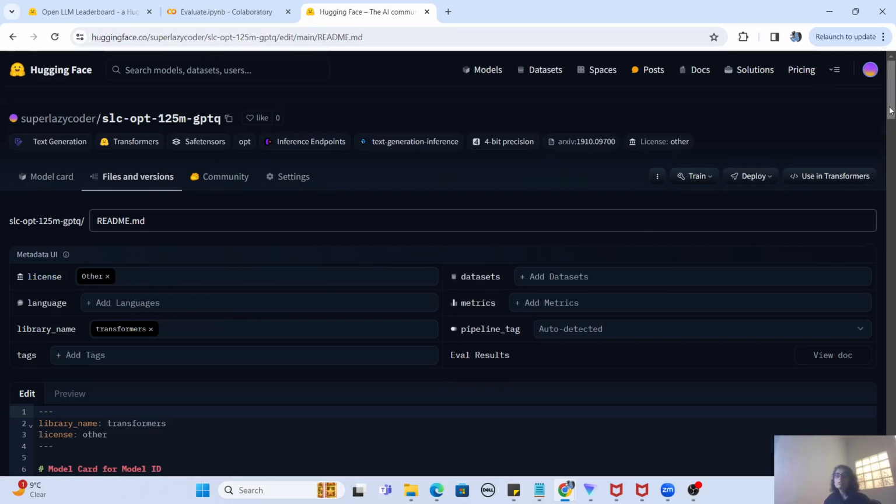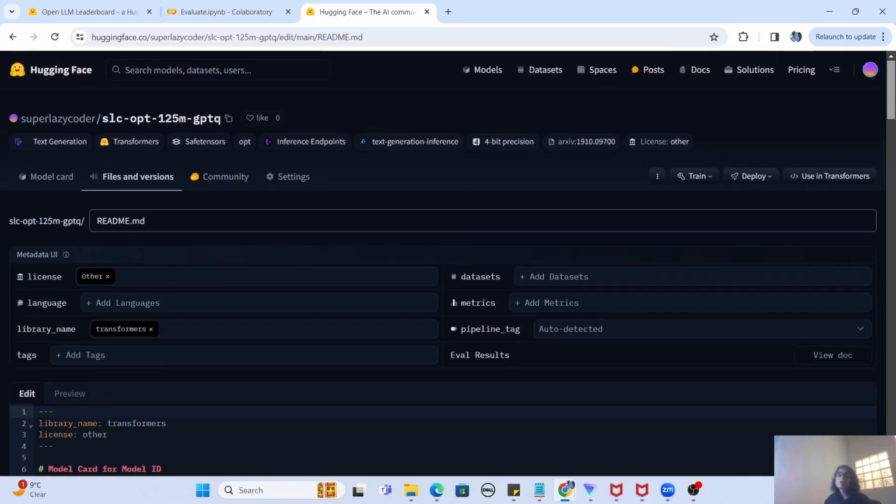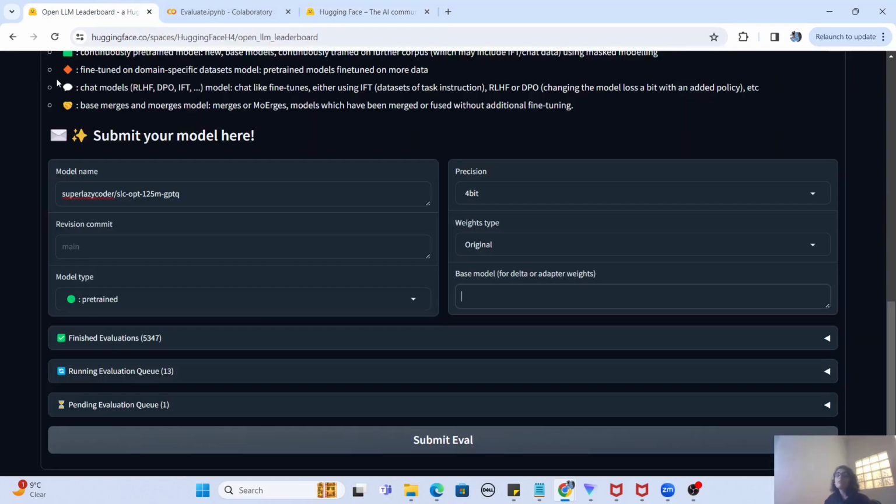So once you have the license added, you can just commit the changes to main, and then it will be done, right? So make sure that when you are evaluating a new model, make sure to add the license value, because if the license is not added, you will not be able to submit it to the Open LLM leaderboard for evaluation. But now that we have the license, we can just click on submit eval,